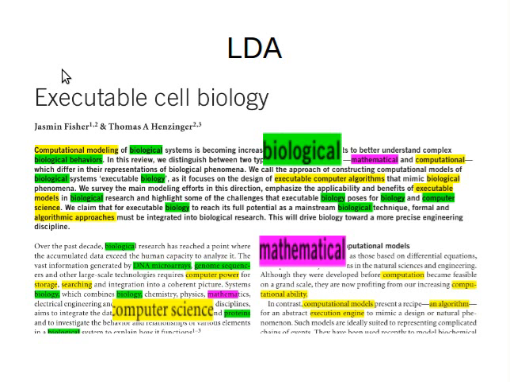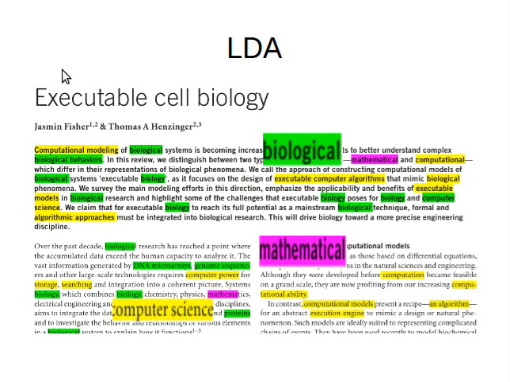Let's take a look at this article. It's a scientific article that talks about a mathematical model and computational model of biological systems. A mathematical model models the biological system using equations. The computational model focuses on the design of executable computer algorithms that mimic biological phenomena. The interesting thing about this article is,